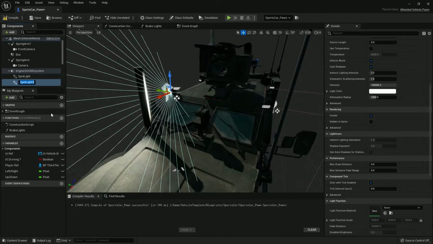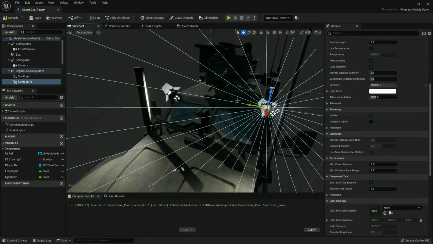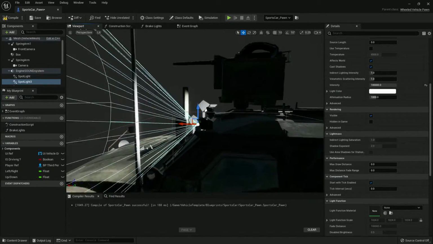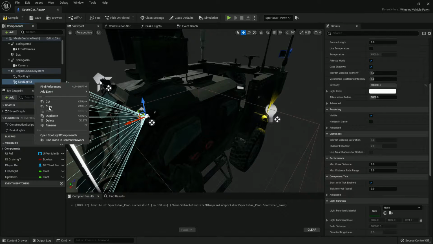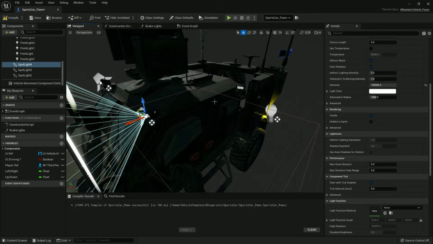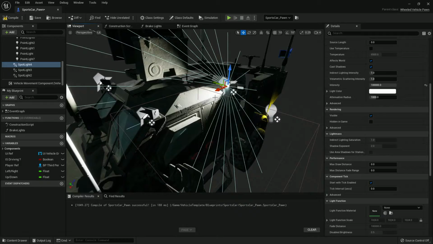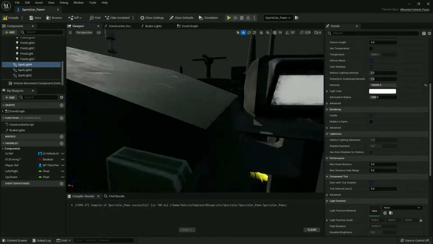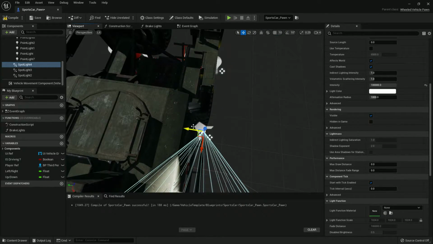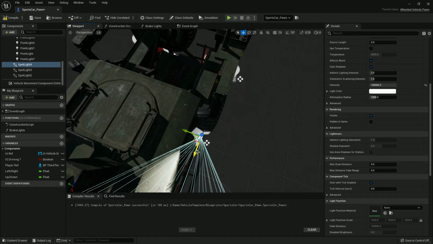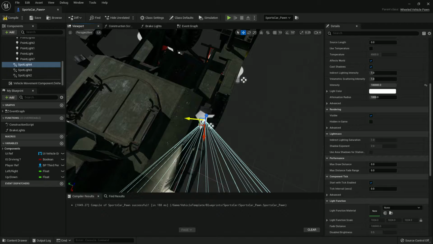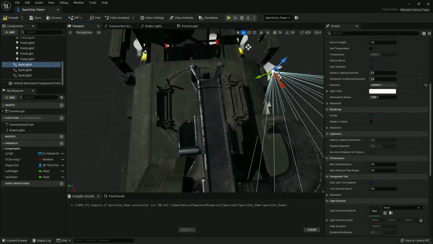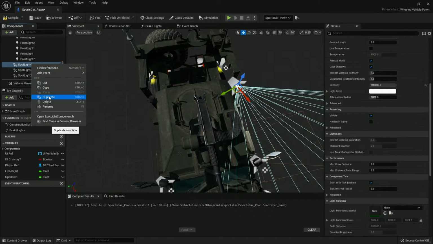Let's make that again, duplicate this, and we need one more, and we need to give it here. And for these ones it should be at some angle, a corner angle like this. So duplicate,